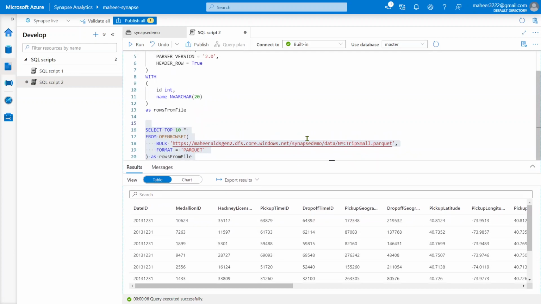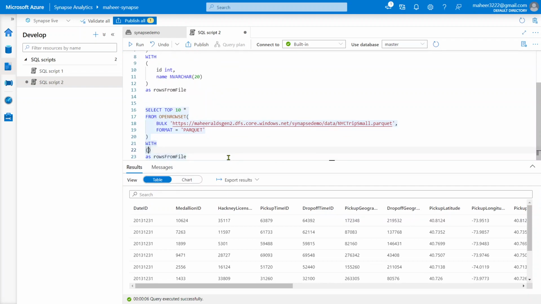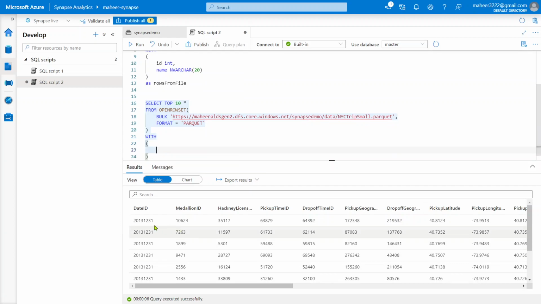And again, as I said, I can use a WITH keyword and get only desired columns, right? So maybe what I want to try now is using the WITH keyword to get only two columns, date ID and this Mendelian ID. So let me try that. Date ID, this is a big integer actually, so let me type it like date ID as bigint.